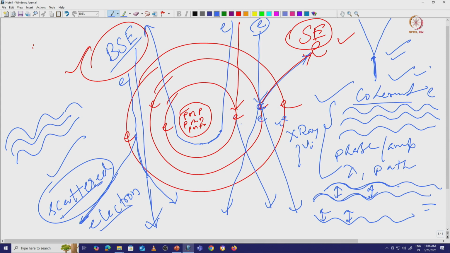But here, due to this energy loss, this is the situation this electron is facing, where there is a difference between their phase, path length, and wavelength. They are basically inelastically scattered electron beams, which create noise in our image. So the scattered electrons are always good, and that is giving us a good signal.